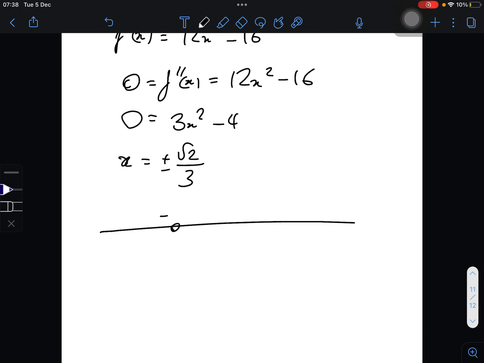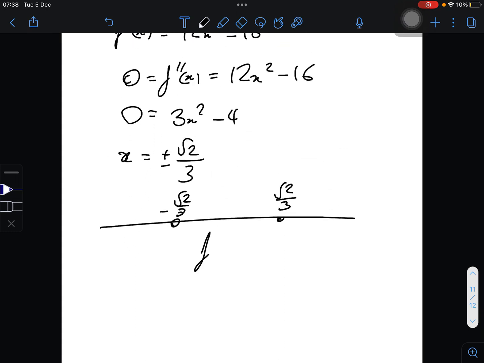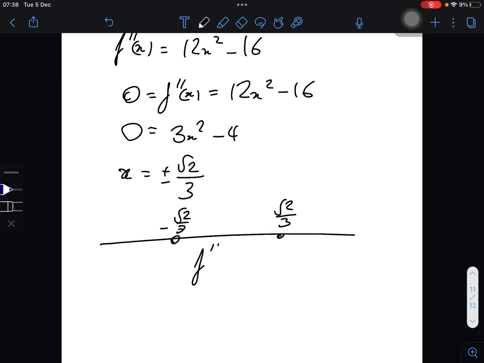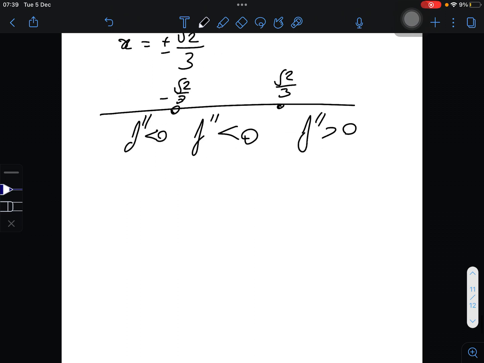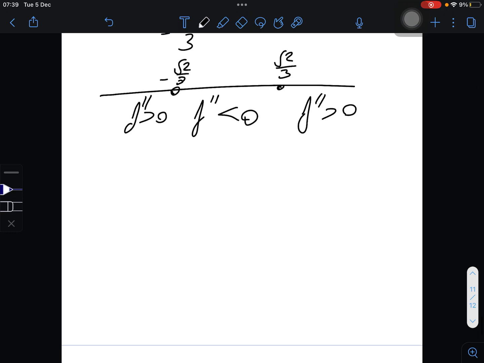So we've got our number line here, minus square root of 4 over 3, square root of 4 over 3, and in between these points, let's think about our second order differential. If we pick the point 0, we'd have less than 0. So f double dash greater than 0, f double dash less than 0. Okay, no, less than 0, other way around. Less than 0, and so therefore